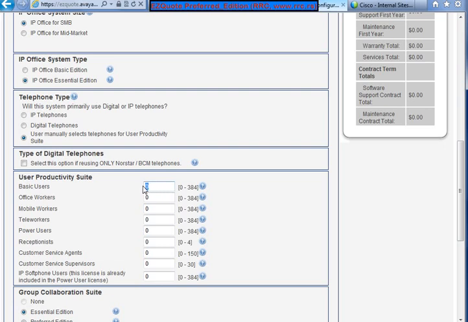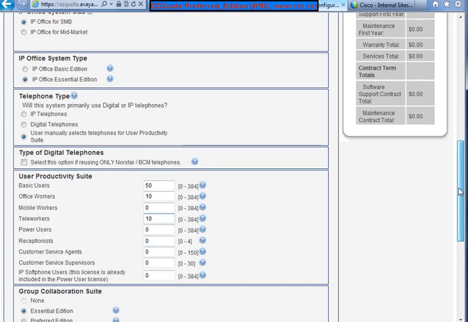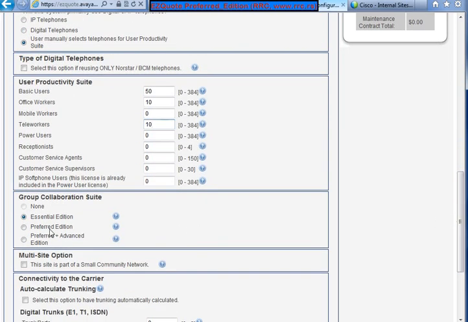For example, enter 50 basic users, 10 office workers, and 10 teleworkers. We should select Preferred Edition,